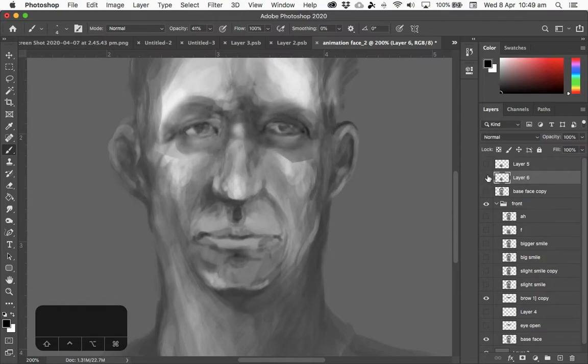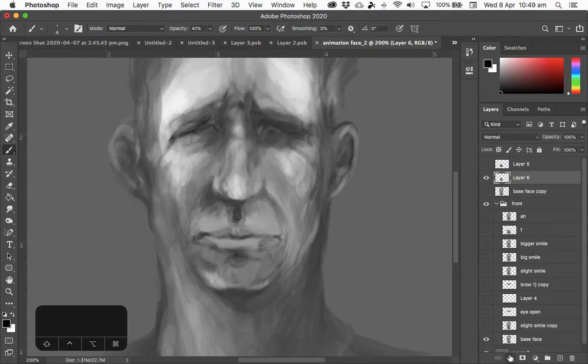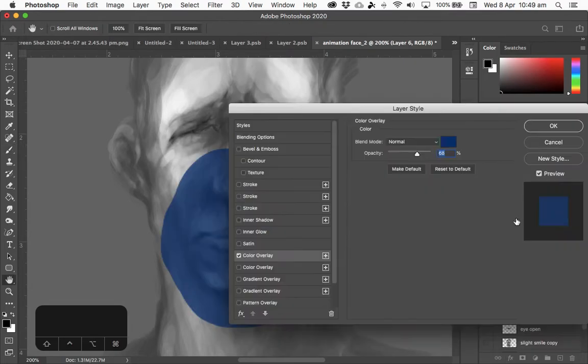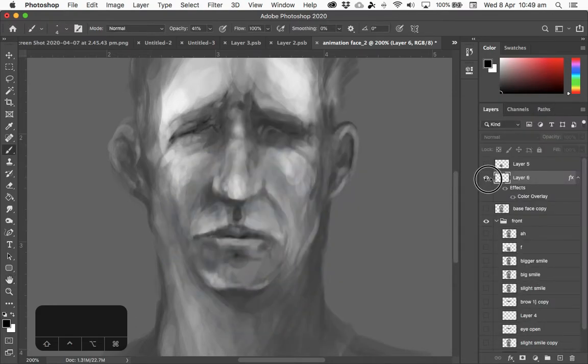Other key thing to try and remember as well is to blend this stuff in. I'm going to just add a color to this just so we can see where it is, just to give you an idea. So that's actually the entire layer here,